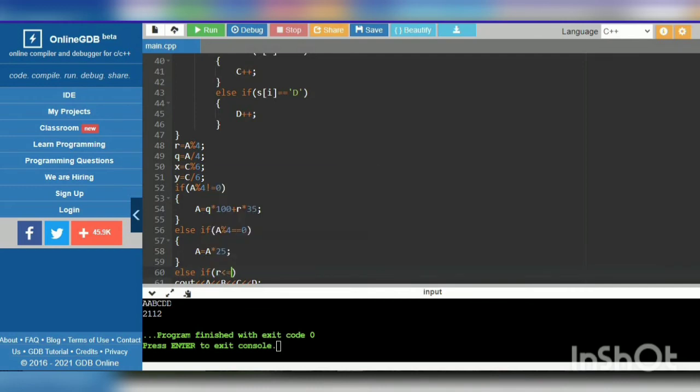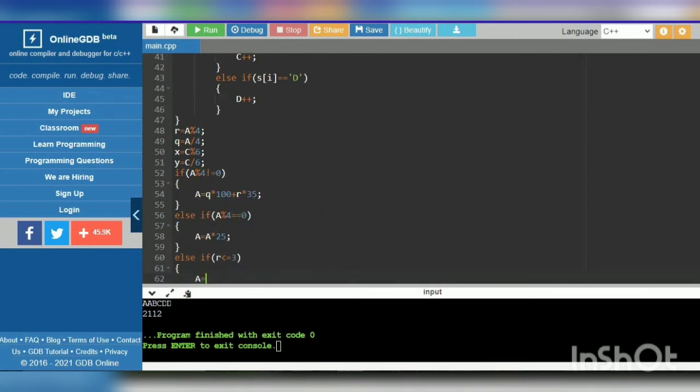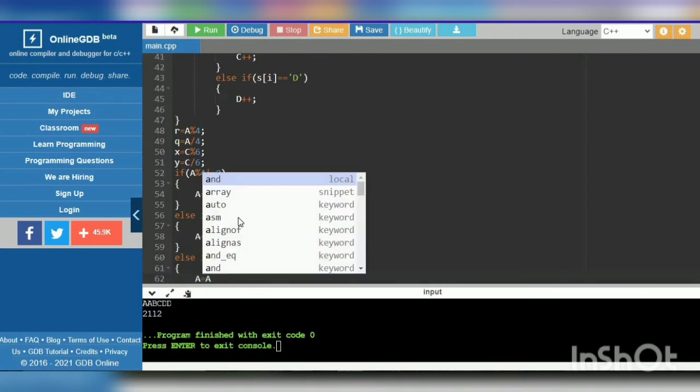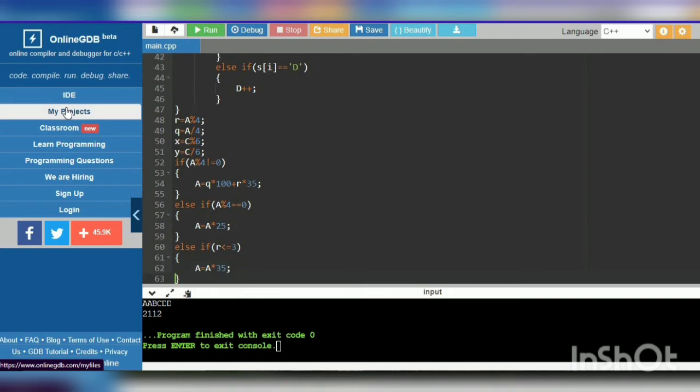And suppose else if remainder is less than or equal to 3, then A equals A into 35.